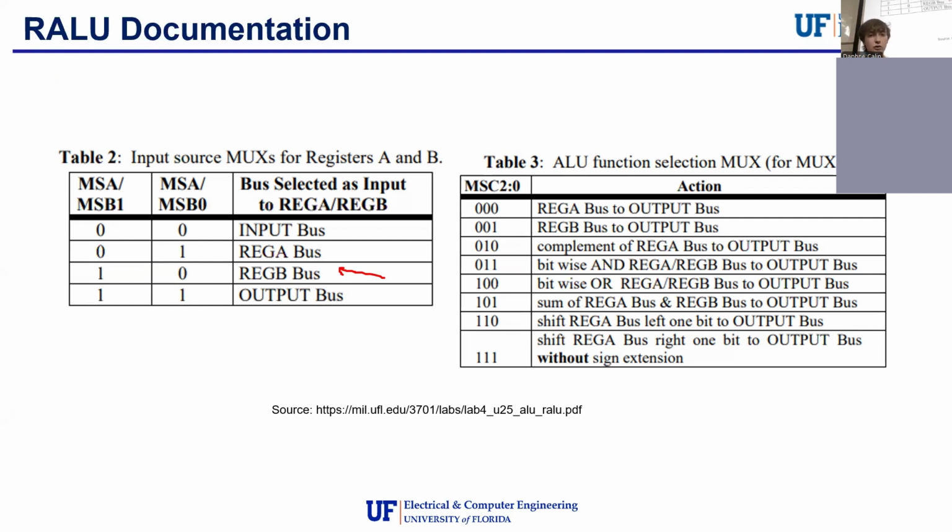And then what he also says is that if you're not doing anything with mux select C, you always have it default to 0 0 0. You could have it be something else, but 0 0 0 is what we decided on. So